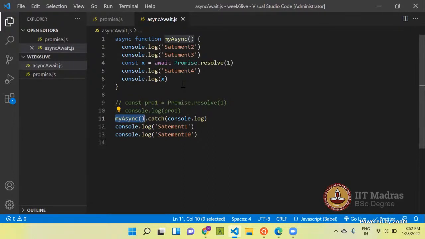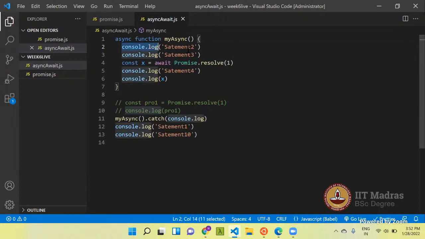My async is basically a promise. If this promise gets rejected, the .catch will be triggered, otherwise it will not. The control goes inside my async, and until it encounters the await, it behaves like a synchronous function.